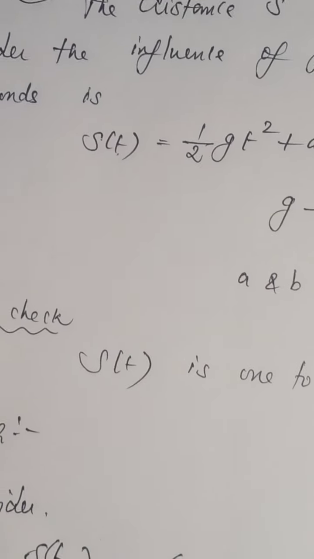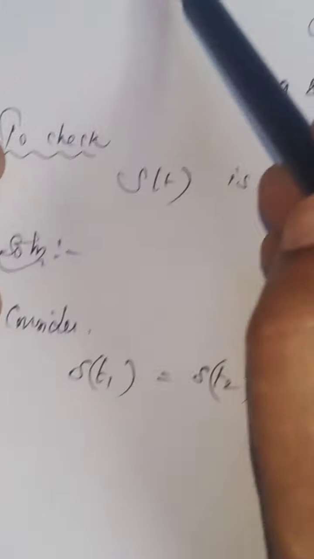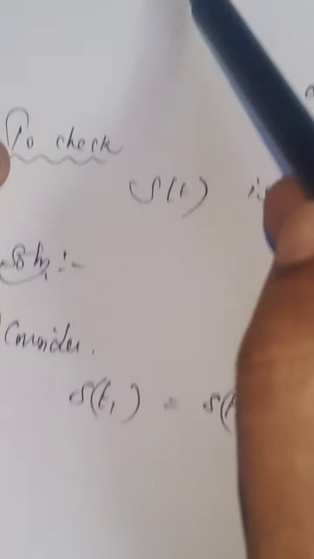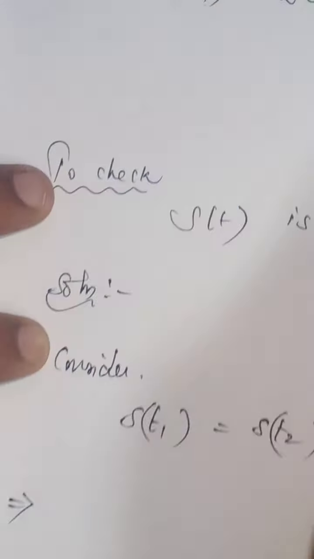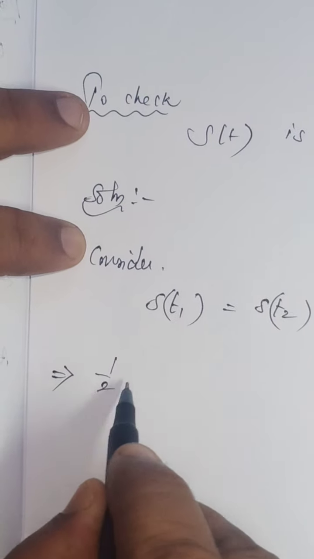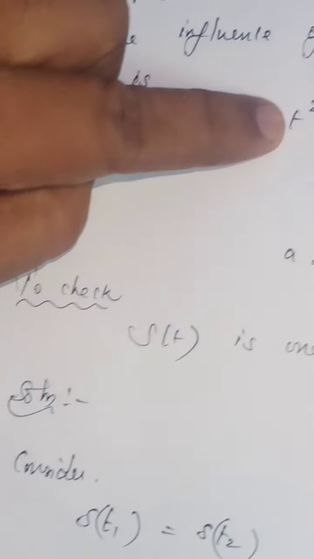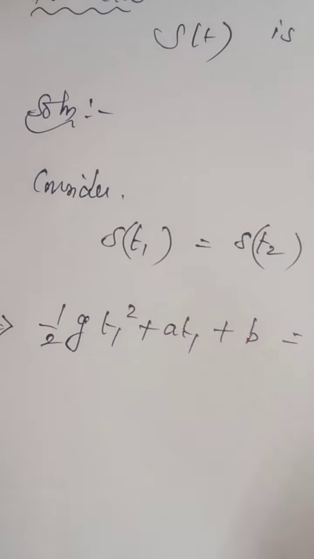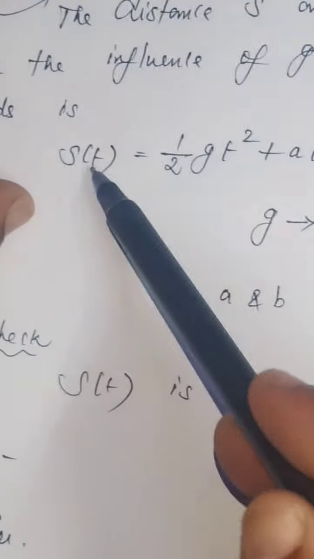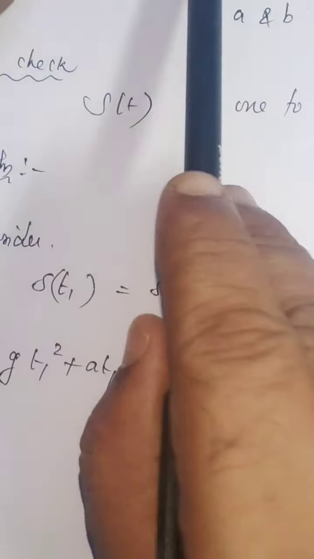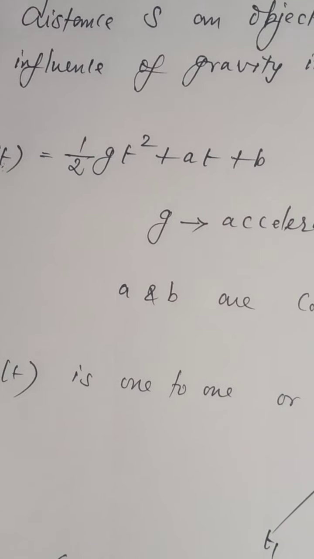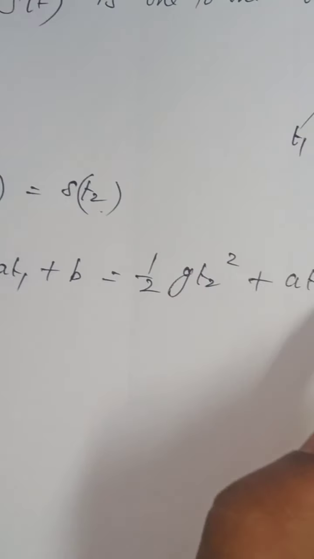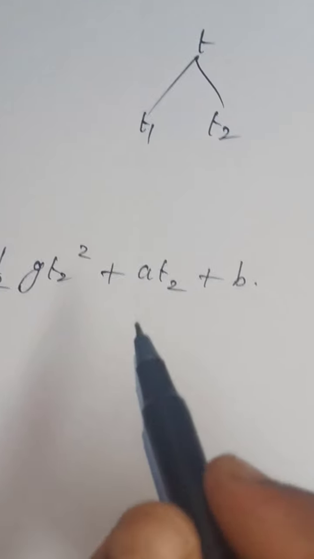Okay, look at that. Inside the brackets t, here t1. That means the t has to be replaced by t1. So half g t1 squared plus a t1 plus b, that is equal to, now t has to be replaced by t2 here. So replace t by t2. Half g t2 squared plus a t2 plus b. Okay, now